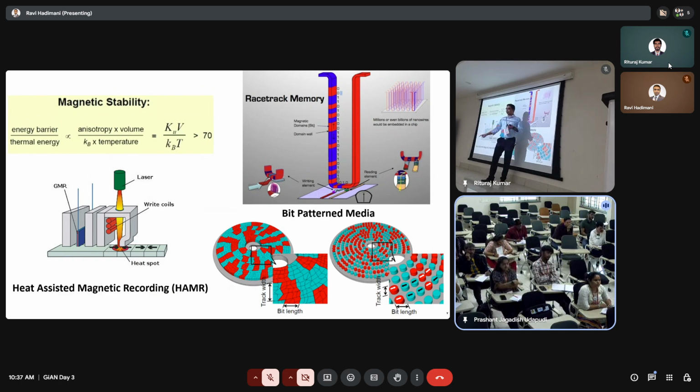So what people are now doing is you increase this anyway, but when you're writing, you use the same head which has reached the limit, but while writing, heat it so that the regular write heads that are there with the materials available now can write it, because at higher temperature the anisotropic energy becomes low, so you can use a smaller field to write it. Okay, so if you increase this, then you have to bring another mechanism. These are called